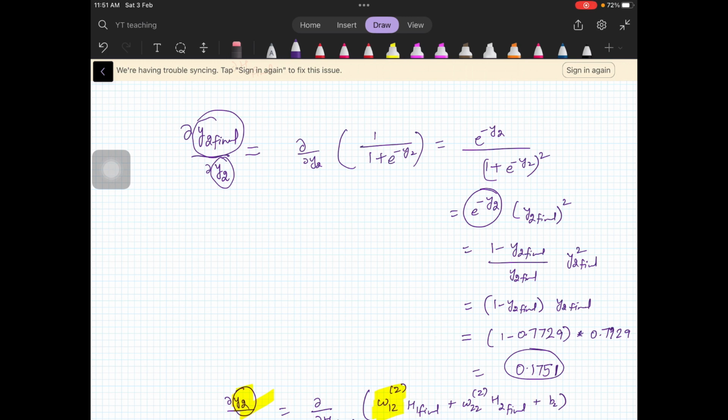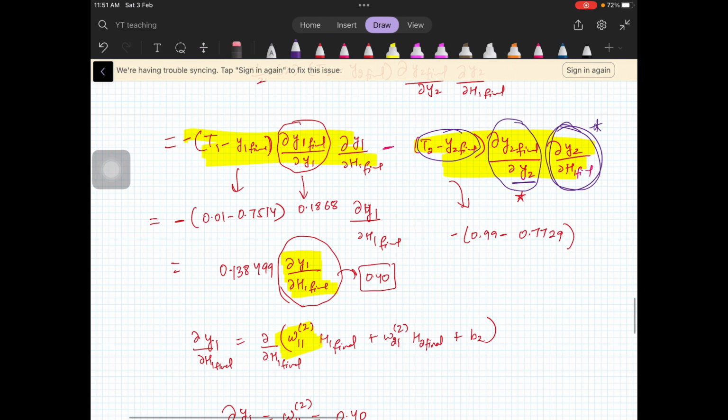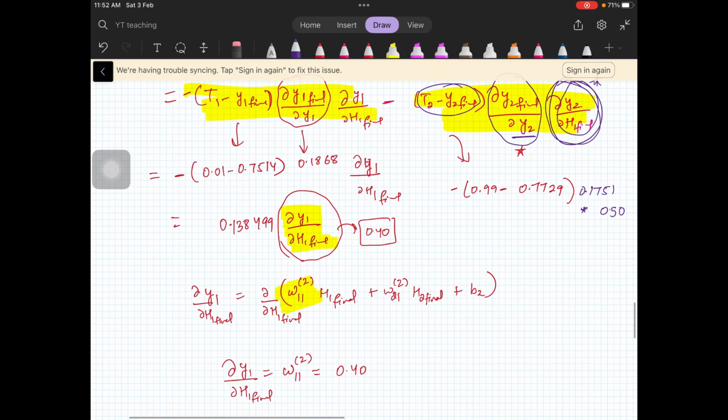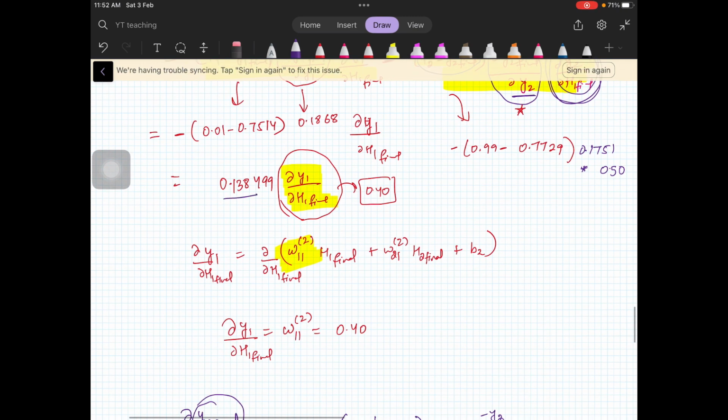So that's the value, curly y2 final by curly y2. So the value is 0.1751. Okay, so we put it here, 0.1751, and this value we just calculated it. This was the weight, this was your 0.5, right? Okay, and this value, if you add just this number multiplied with this number and all these things,